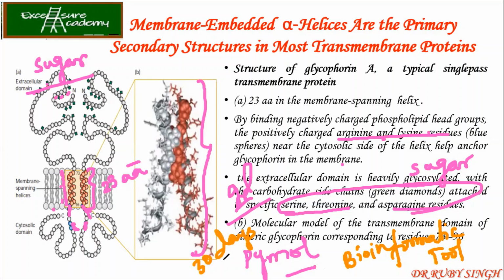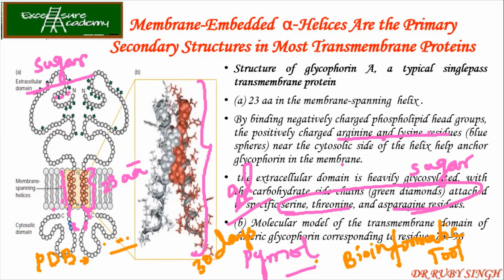So what you have to do is go to PyMol and upload the glycophorin structure. Now, from where will you get the glycophorin structure? There's something called PDB, the Protein Data Bank. When you open the Protein Data Bank, just enter glycophorin. There will be a four-letter code, some numbers or alphabets, for glycophorin. Just download one of those, then open PyMol and upload it. Then you can study the 3D structure of the protein.